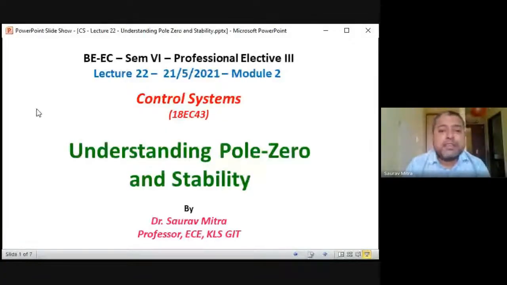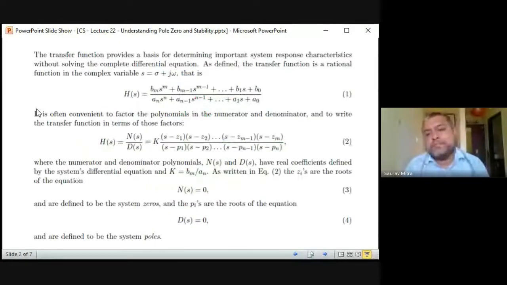So this can be asked as a one mark question or short question in your IEA. That is, what is the effect of adding a 0 or inserting a 0 to a system? You have to say that inserting a 0 to a system increases system stability, and inserting a pole to the system decreases the system stability. So with this understanding, we are going for the next